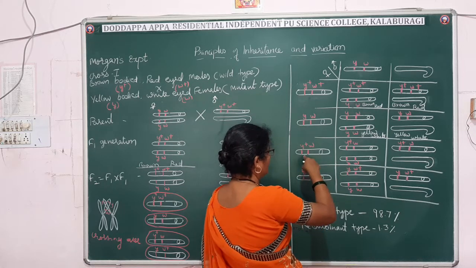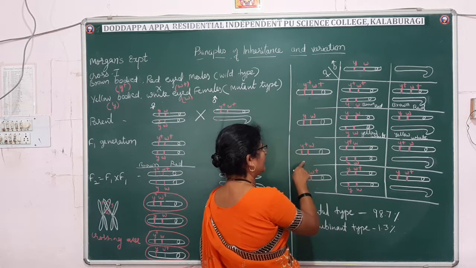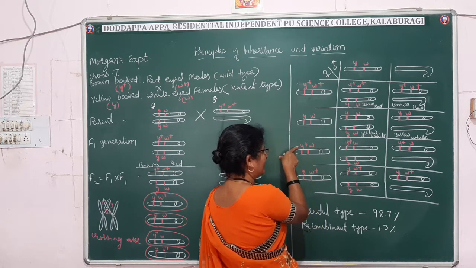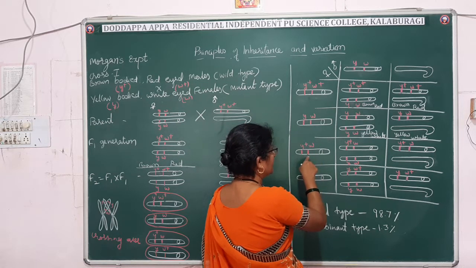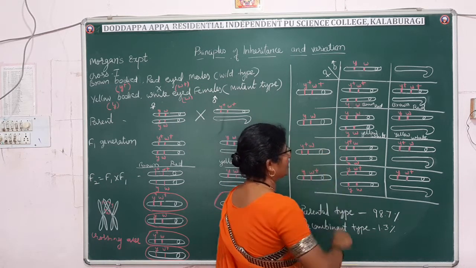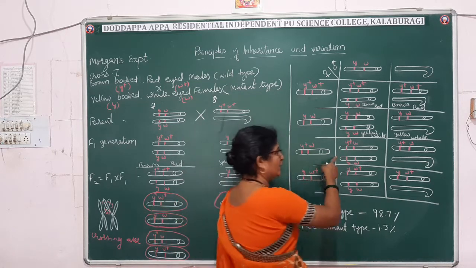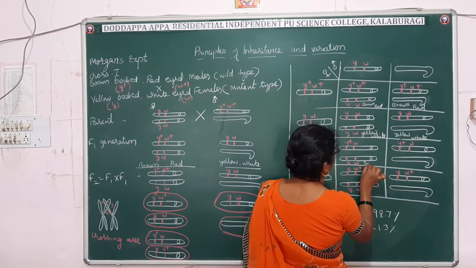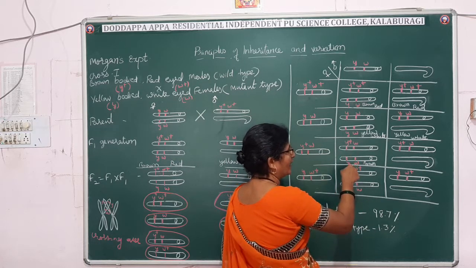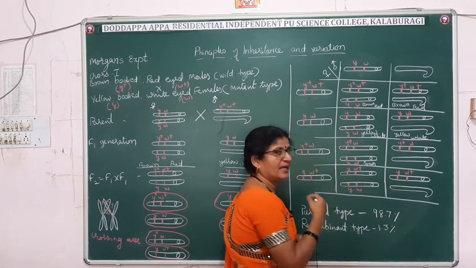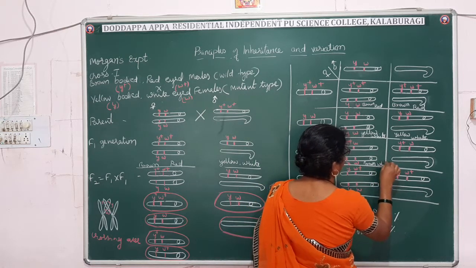Fine. And now next we will see. So here the body color controlling gene is wild. Eye color controlling gene is mutant. Fine. Thus here the dominant gene or the wild variety will express its character. So in this progeny, the progenies will show the brown body, and W is there, it is not wild, it is the mutant type. So what kind of eye color does it get? It will get white eye color.